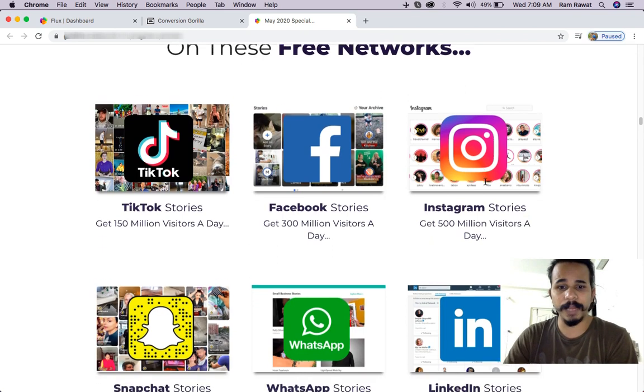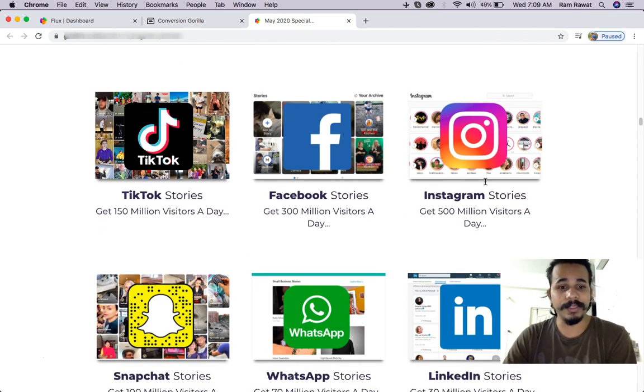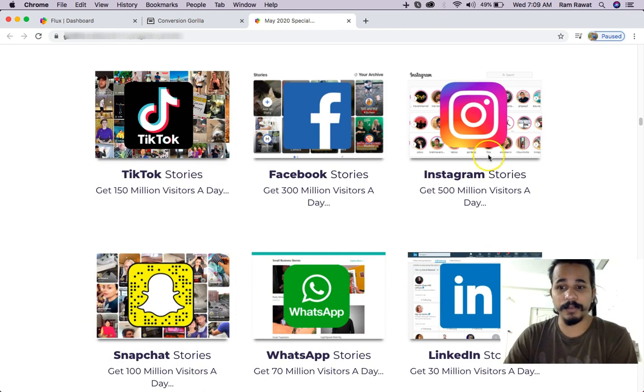Okay, so these are the 6 platforms. Previously I missed the Snapchat stories. So these are the 6 platforms which are being covered by Flux. You can create stories for all these 6 major platforms where 90% of the people are always scrolling or going through the stories. When Instagram came, it came with the feature of Instagram stories, and this feature got so popular that people right now, whoever is scrolling through any of these platforms, are mostly on stories. They are watching the stories of the accounts they are following, and they are creating their own stories.